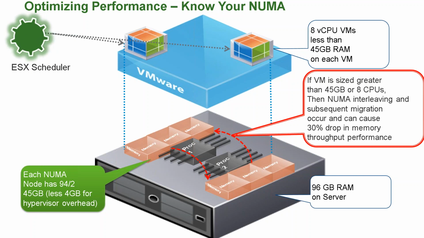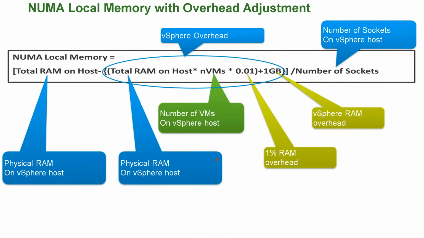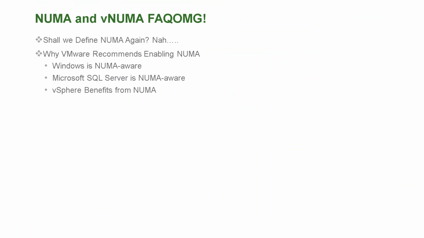The objective here is keep your VM size to either one single NUMA boundary, a multiple of NUMA boundaries, or an even divisor of NUMA boundaries to avoid the remote memory access penalty. This here is a representation of how you can calculate memory sizing and partitioning. I will just skip through this now in the interest of time. All right, so